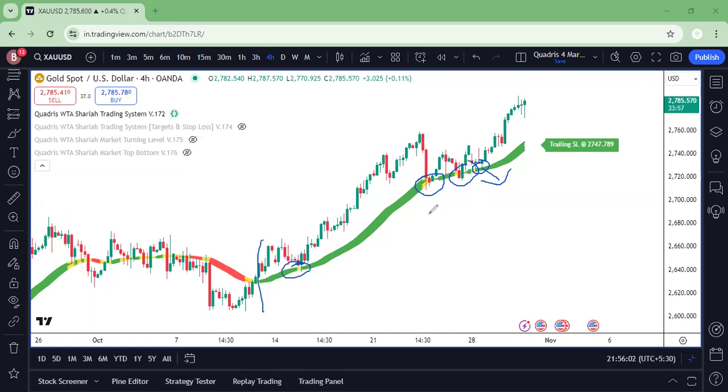It's not just that we are getting a pullback, a second pullback, a third pullback, and then after the pullback price goes above. This tool is purely based on keeping in mind Wyckoff principles of